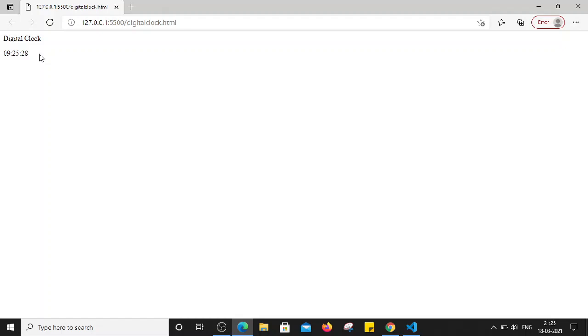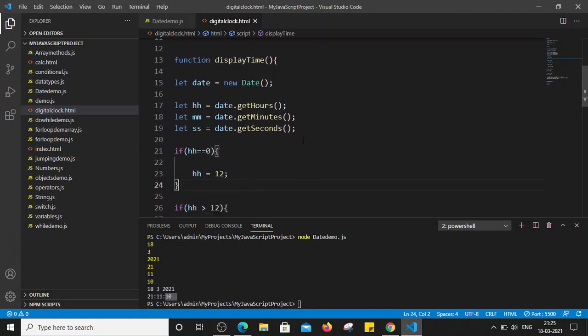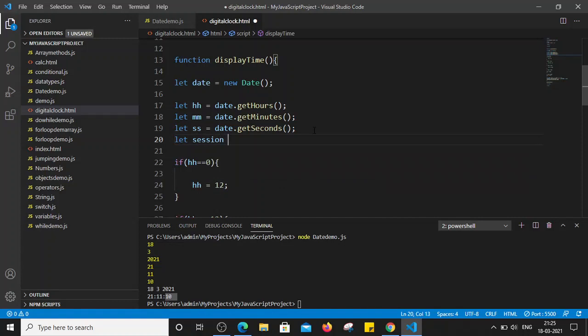Now I want to display the session as well. For example, whether it's AM or PM. I want to display whether it's AM or PM. So how can we do that? I'm just going to create one more variable. Let's say let session is equal to